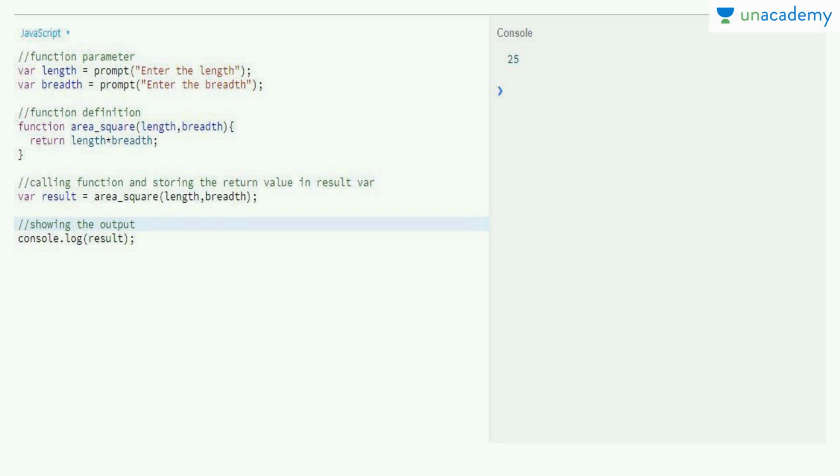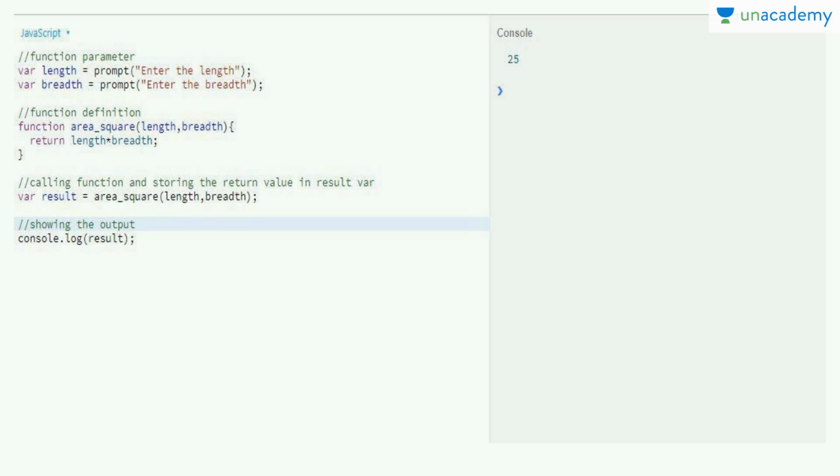Now this is much better code, in which we have used a return statement. In this code we have created two variables, length and breadth, outside the function, and then we have written the function areaSquare, and in the parentheses we have passed two variables, length and breadth.